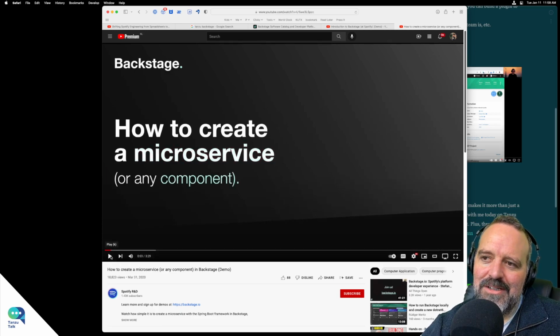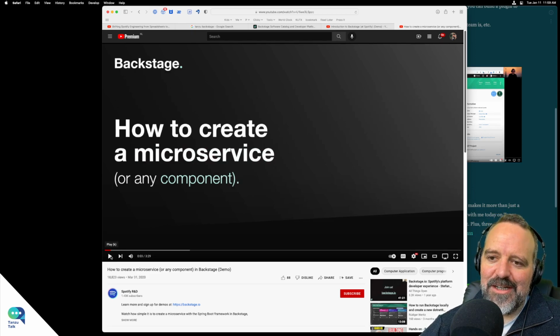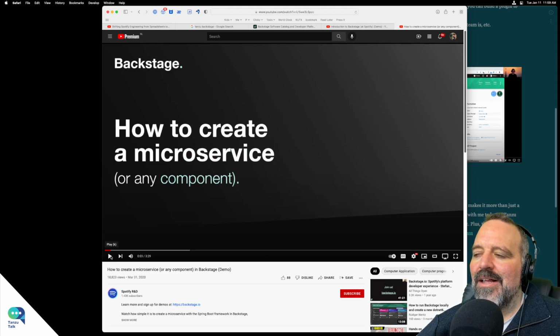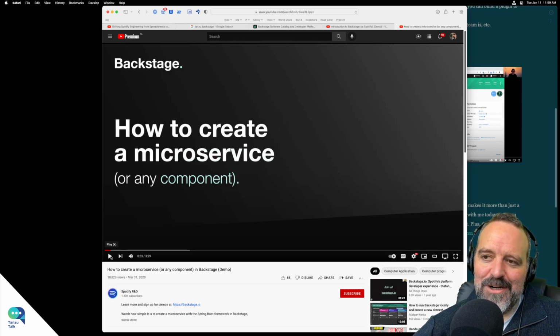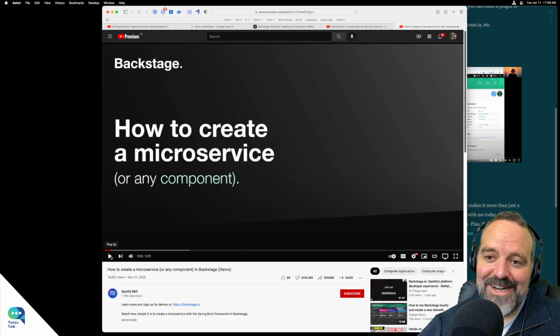So here's what I want to look at. One, we kind of know how to create a microservice, but it'd be interesting to see an example that demonstrates the concept. The concept being, we want a way of templating out a new project. We want to set all the norms and the standards for the project information, the documentation, discoverability. And then also look into the architectural standards, the enterprise architecture that Spotify is using here, and just see how the tool actually does it. So we'll see what happens.